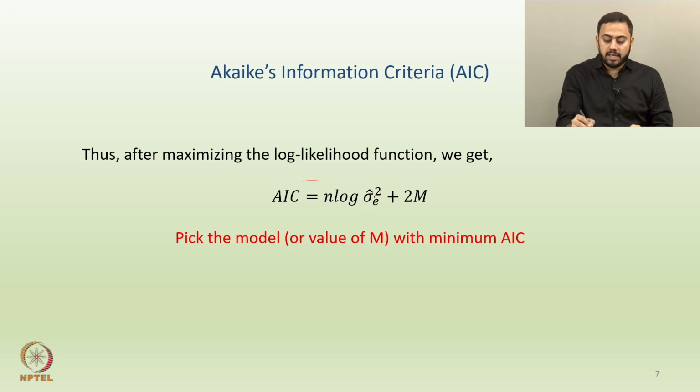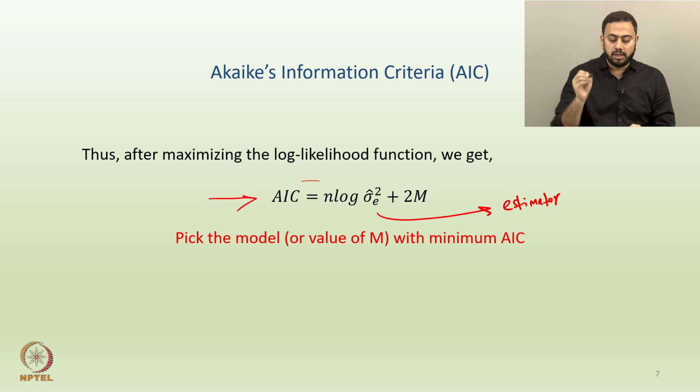Okay. Now again, why sigma square E hat? Why do you see hat here? Because this is nothing but the estimator of the variance, right. So since you are using an estimation technique which is MLE, you can replace that estimator now in terms of variance. Okay. But essentially this is the AIC formula. So n into log of sigma square E hat plus 2 into the number of parameters you have.